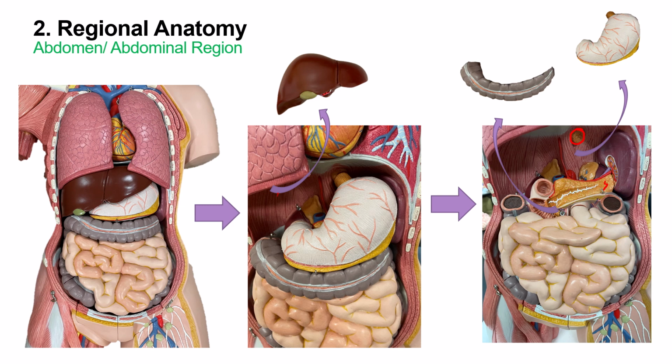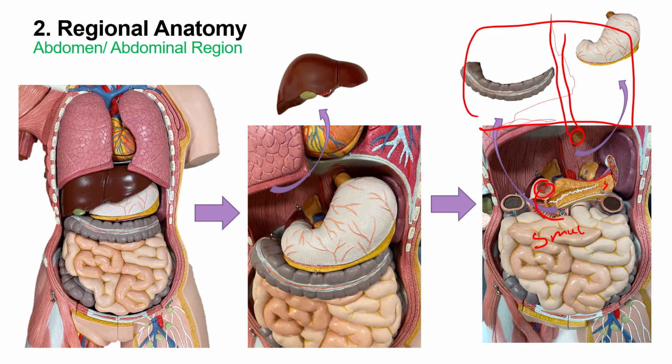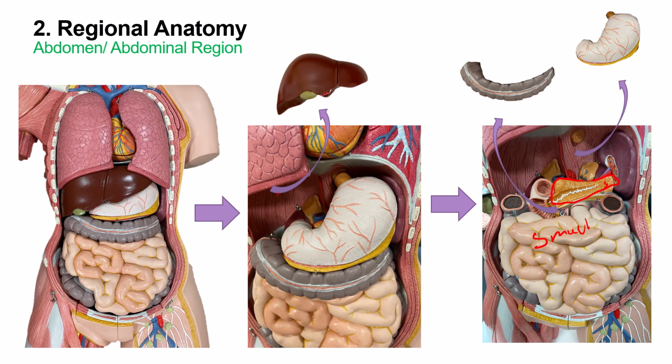And remember, the esophagus is this tubular structure that goes up, right, through the thoracic cavity. This is the thoracic cavity, the chest. And this is the beginning of the small intestine. So between the small intestine and the esophagus, that's where the stomach will be located. But now we know that you have to remove the stomach in order to be able to see the pancreas and other structures like this